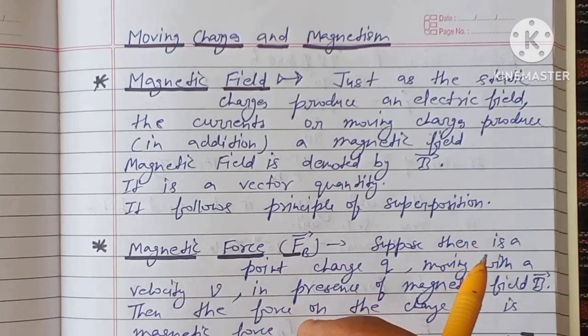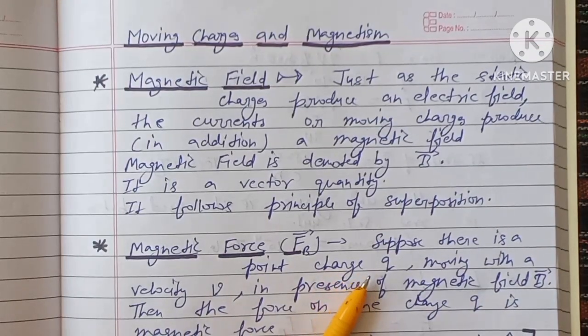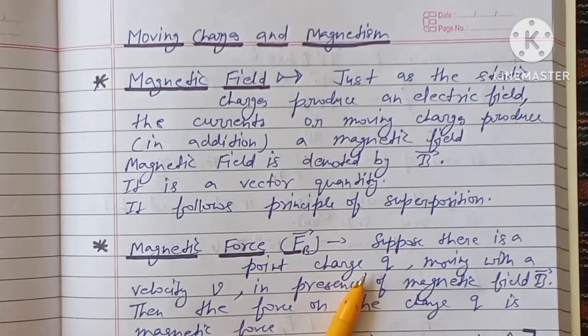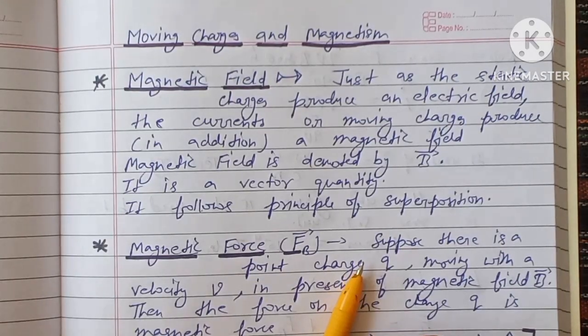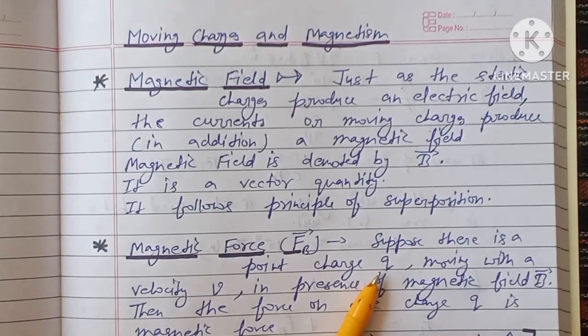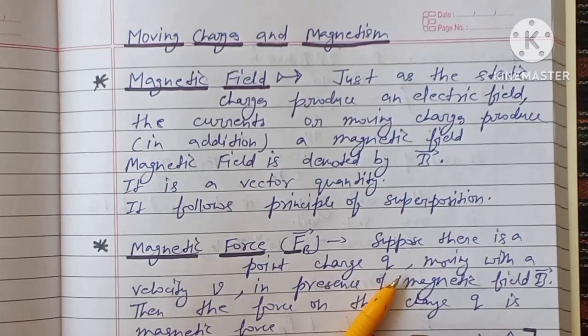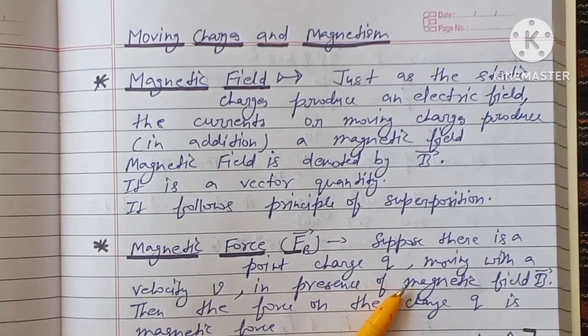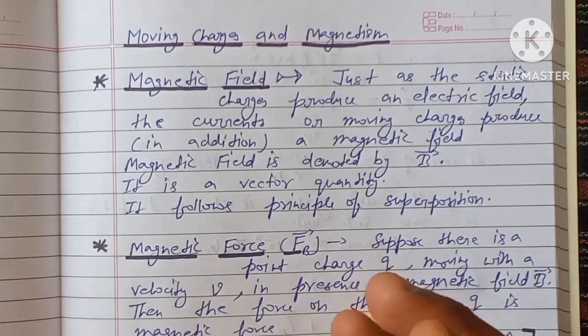A scientist from Denmark, the Danish physicist Hans Christian Ørsted, was one day performing an experiment in his lab. He observed that when a current flows in a wire, the compass needle kept near the current starts deflecting. Initially, he was very surprised at how it was happening, and he was not able to figure out what phenomenon was working here.